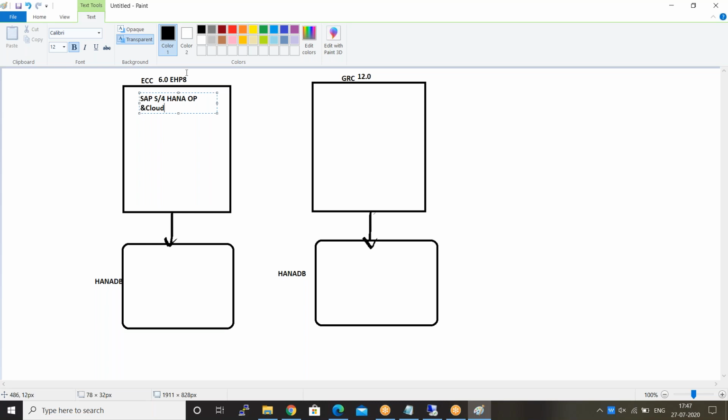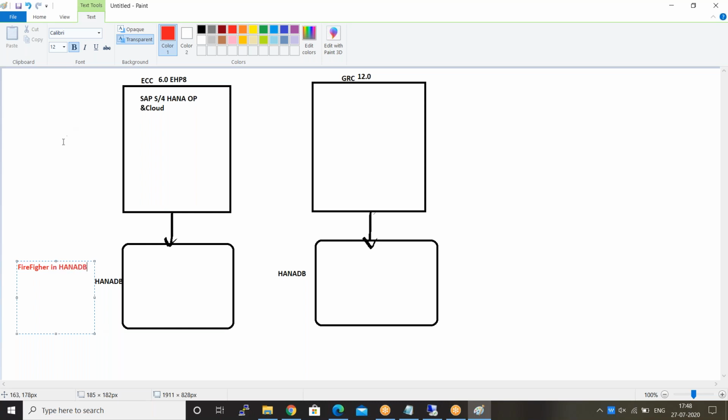But my agenda right now is that I want to create a firefighter ID here. Okay, I want to create a firefighter here. So how can I create the firefighter here? I have to log on to the database along with your HANA Studio. And now I am getting a question here: why am I doing firefighting in the HANA DB? Why am I doing firefighting in SAP HANA DB?